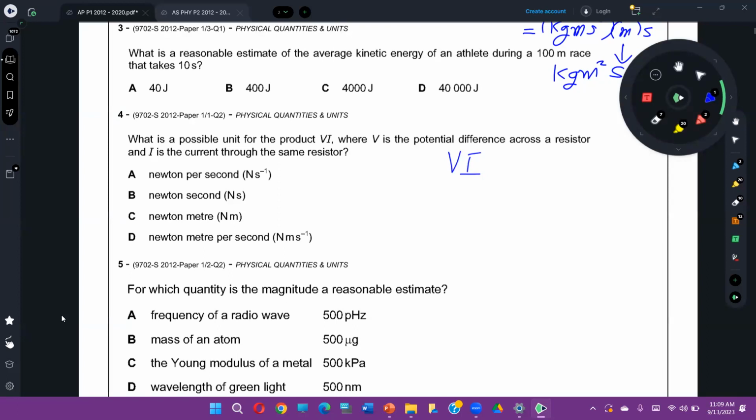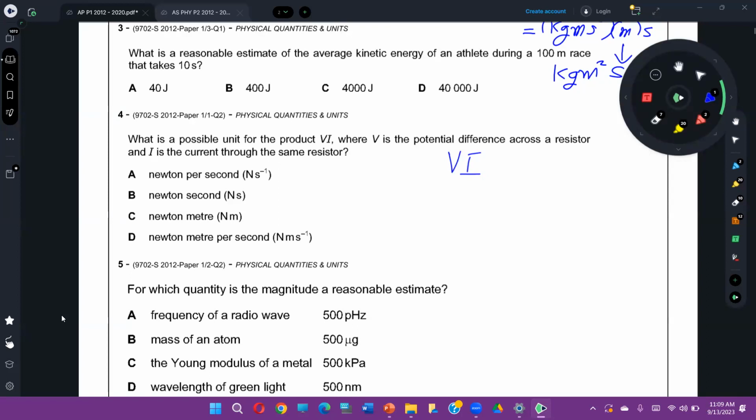does the product VI make any physical quantity in O level? V into I was power. Very good judgment. VI is not resistance. That was actually V is equal to I R. ठीक है तो